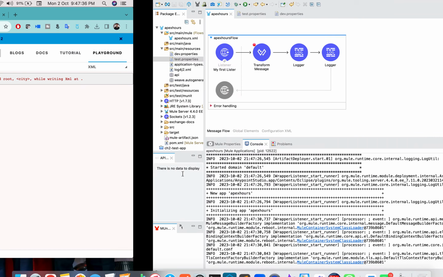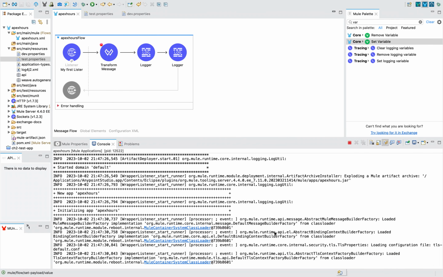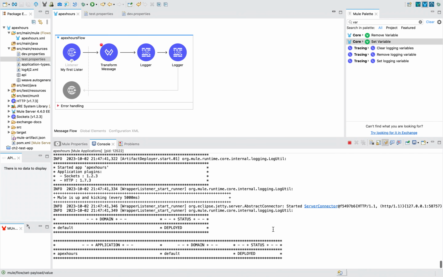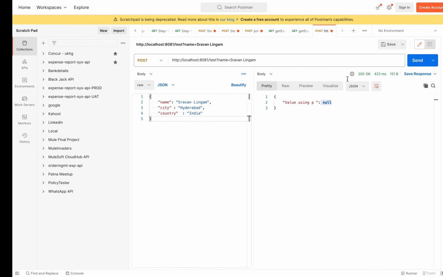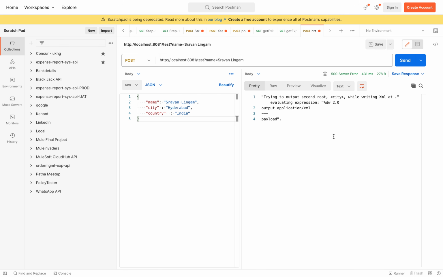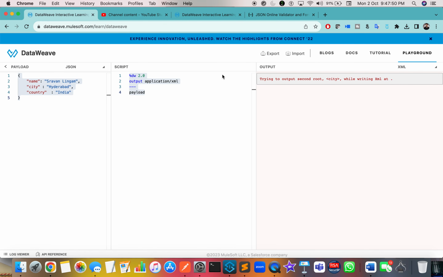What I am trying to do here, I am getting error. Okay, so here also you should get error once it is deployed. Okay, status is deployed. If I send the request, can you see it is saying the same error that you have seen here? Okay, now what we have to do, it is saying you should have a root element. So for that what I have to do is again